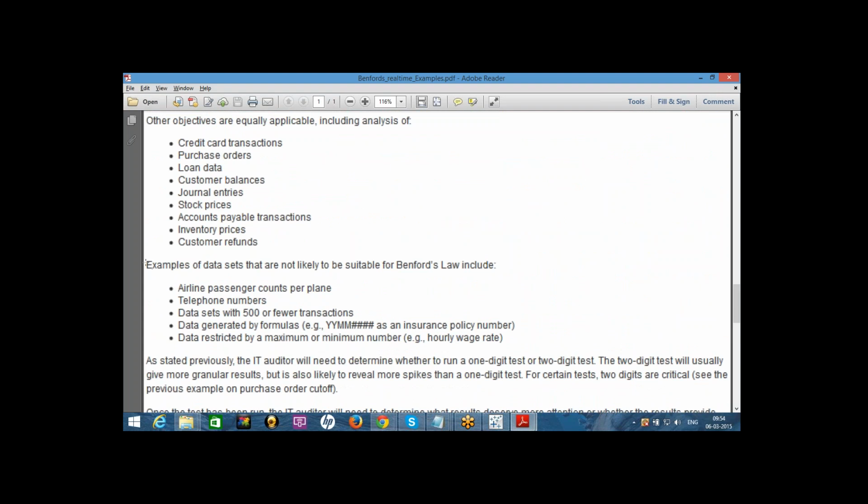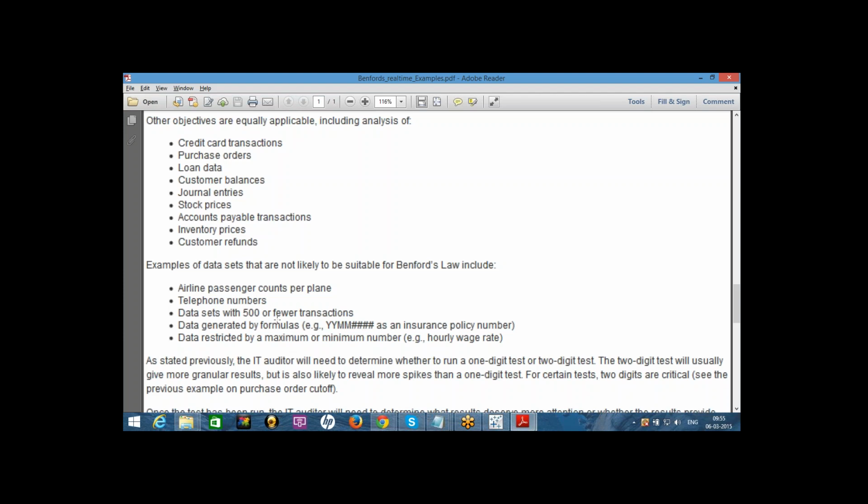And where it does not work, for example, airline passenger counts per plane, telephone numbers, that are fixed, right? For example, if you take a bus, it is 36 seaters, like that. Telephone numbers are generated sequentially.